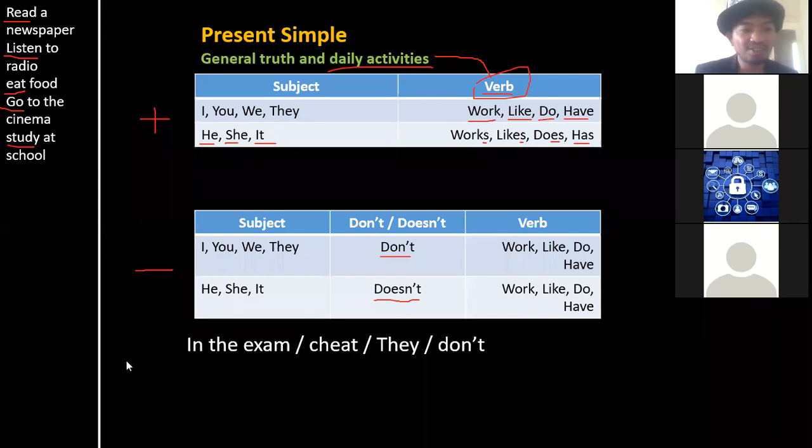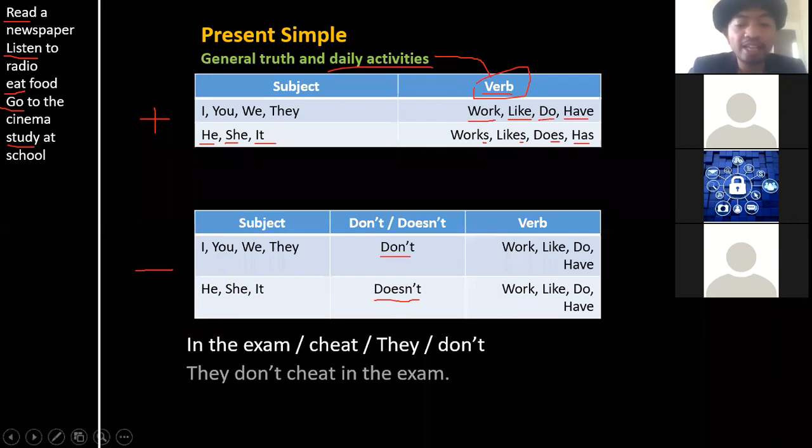Okay, good job. The answer is they don't cheat in the exam. Do you know? Cheat is like this. Write exam and then your friends see. This is not good. So don't cheat in the exam. Okay, everyone. Now